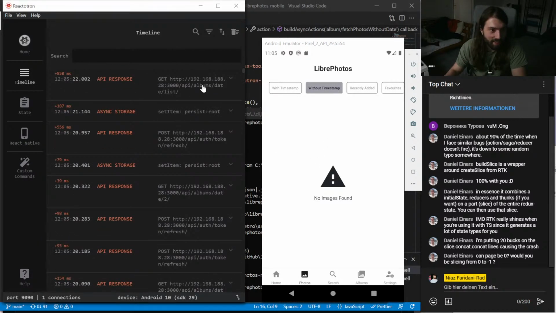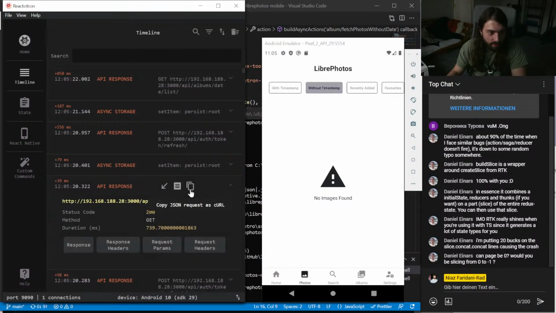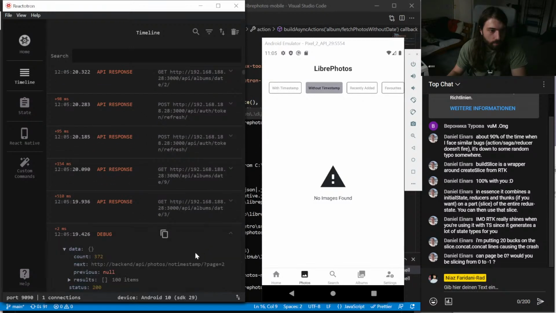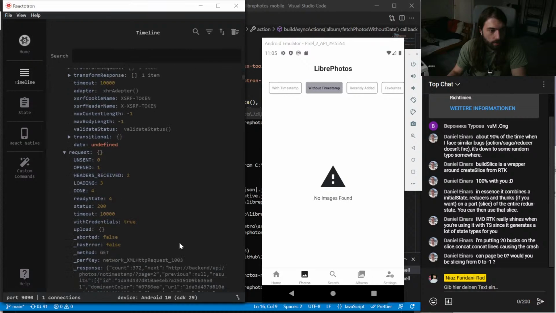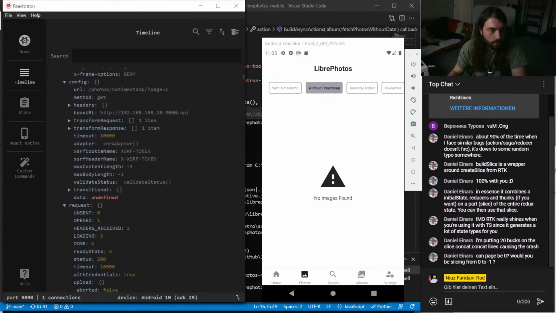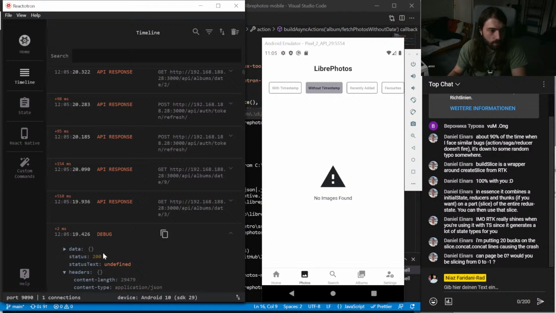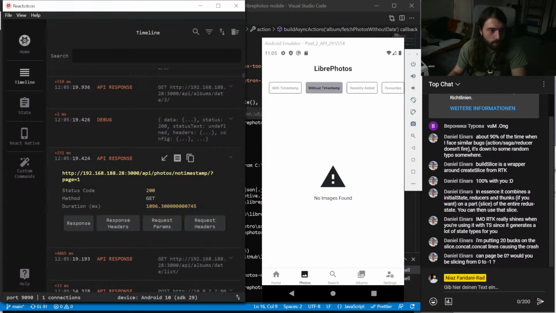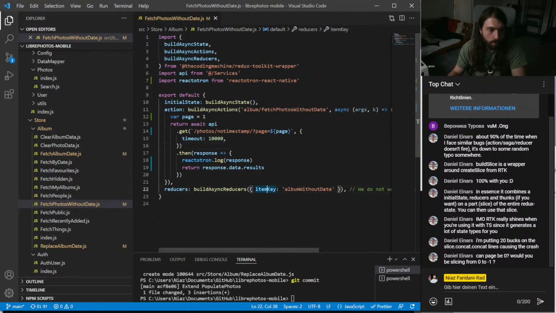And nothing happens again. Very cool. So data and then results. Yes. Okay, cool. So then it should, I guess, be like, or maybe only data.